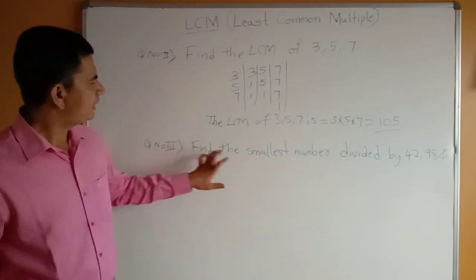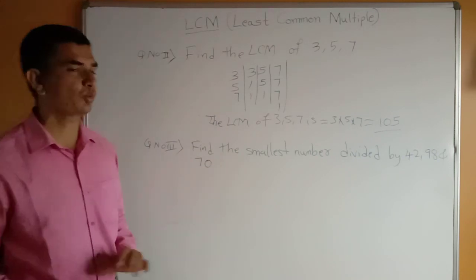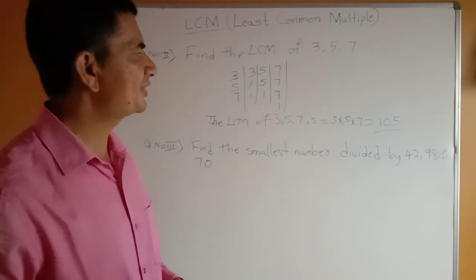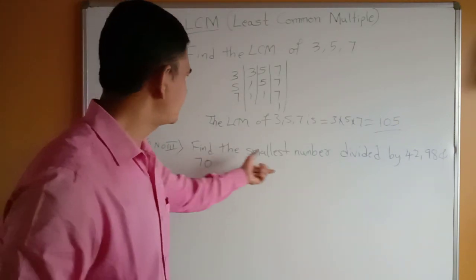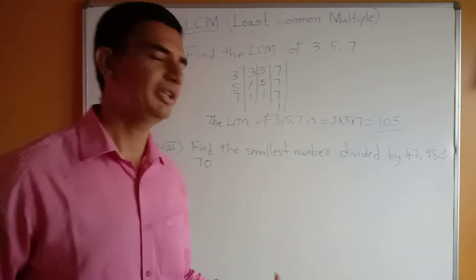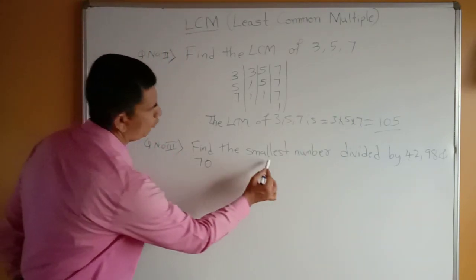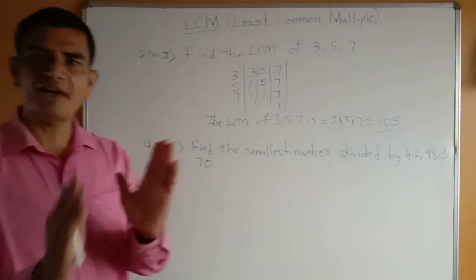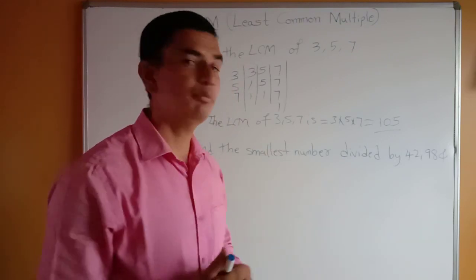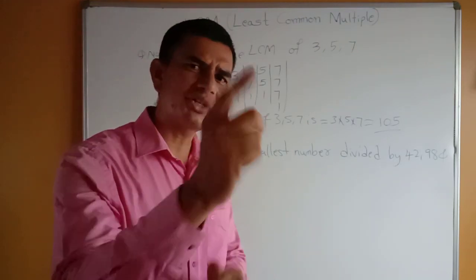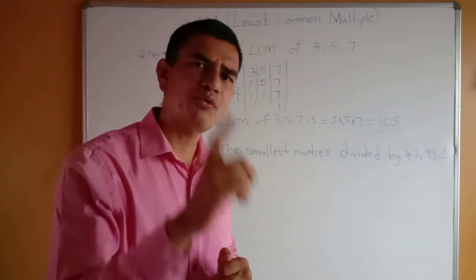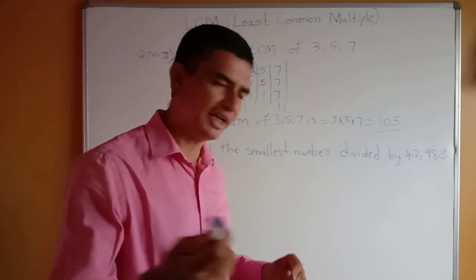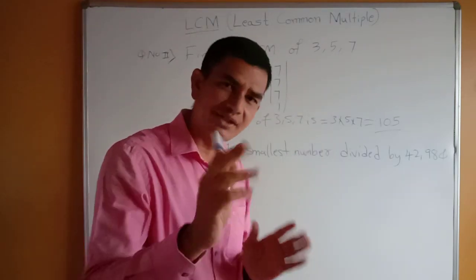Now see here, it is a little bit different question. In the Navodaya entrance exam, sometimes they will ask questions like this. Directly, for LCM you can do it. Here they have not given 'find the LCM'. They have given something different: find the smallest number divisible by 42, 98 and 70. Whenever they give the smallest number, you have to remember that you have to find the LCM. Highest number means again it is the HCF. In the next video I am going to explain that. So concentrate only on the LCM here.